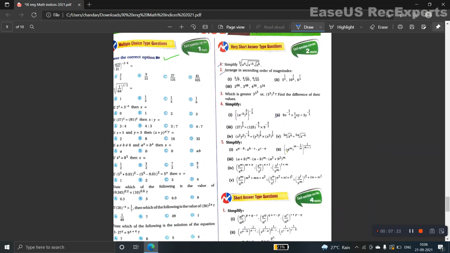But for the time being, I would like to ask you to do some problems in these MCQ type questions. For your practice, let us see the first five problems for you. This one, this one, and this one. These are the first five problems. You solve and send them to me in our WhatsApp group, so that I can see the students who are doing well. Who can get full 5 marks?